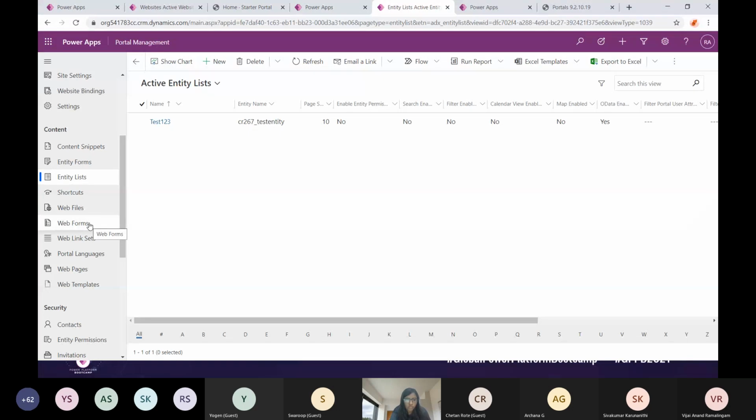We have web forms. So entity forms, difference between the two is entity forms can only be linked to one entity at a time. But if you want to have a step-by-step process, then you can use web forms, and you can associate multiple tables with it. And with the help of that, you can create like a guided experience for user, so that they fill first entry and then they navigate to second page and they fill out the details there, kind of a thing.